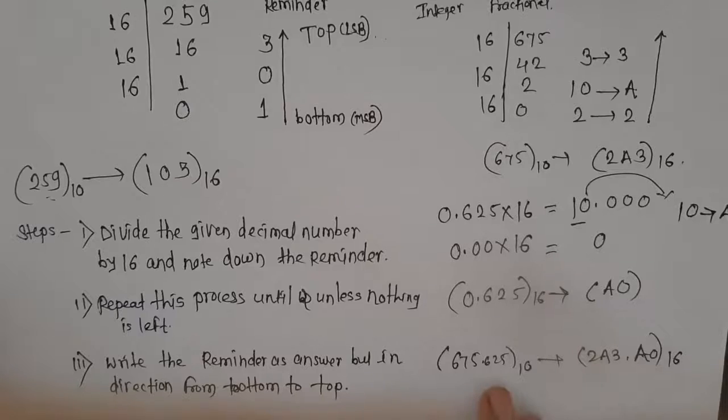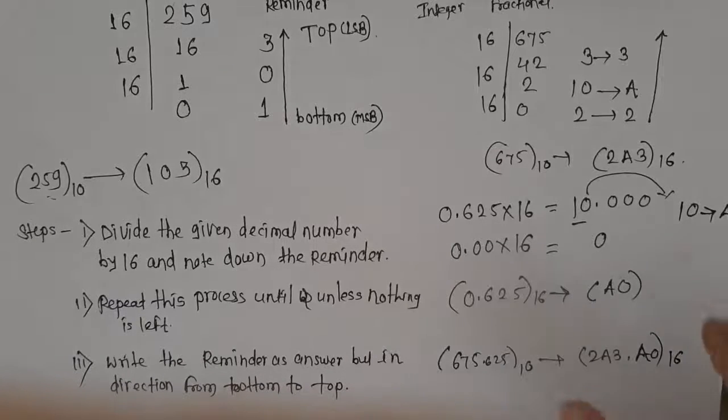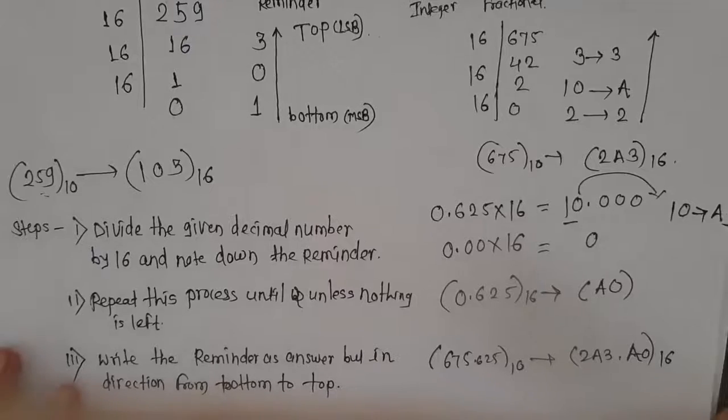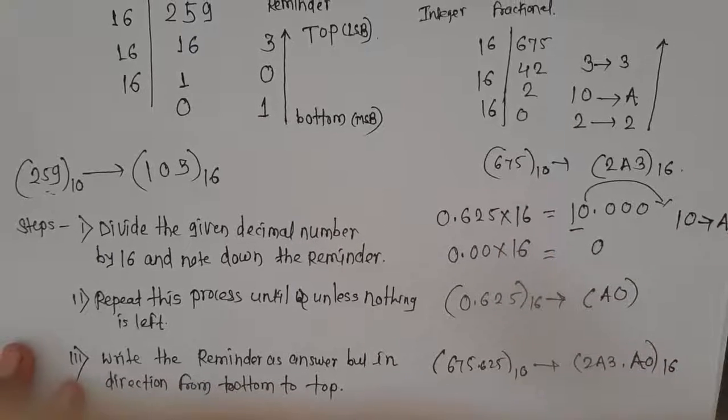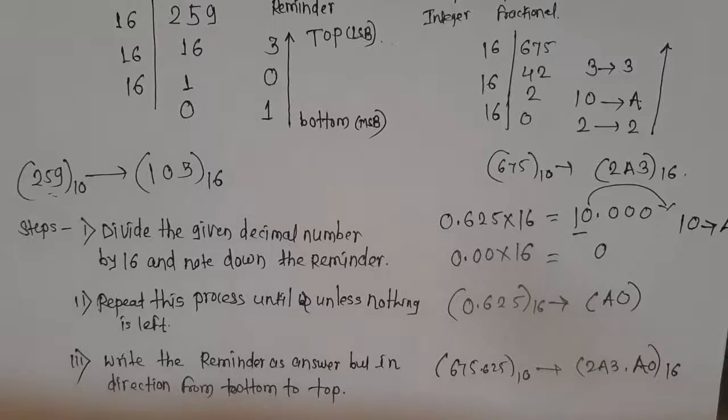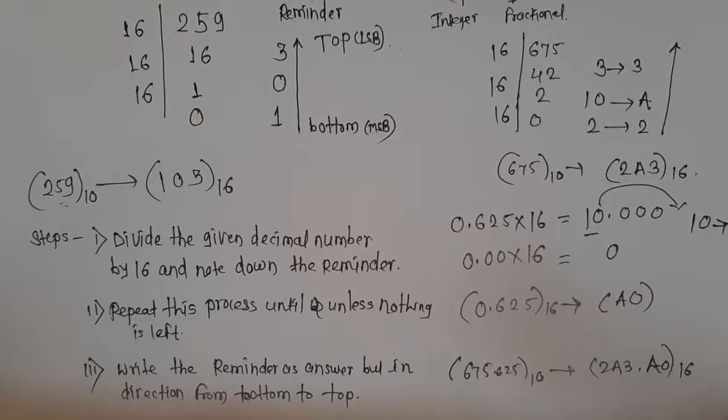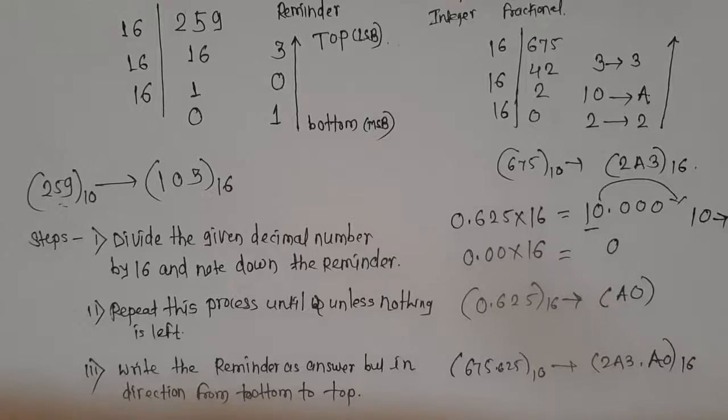Now the third step: we write the answer from the carries that we noted to the right side, in the direction from top to bottom. So this is the conversion from the decimal number system to the other 3 number systems, that is, from decimal to binary, octal and hexadecimal. We observe that in all 3 conversions the method is the same, only one factor changes according to the number system. So it is very easy to remember.